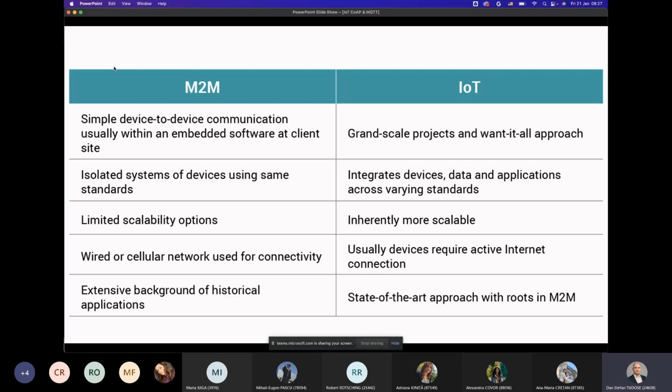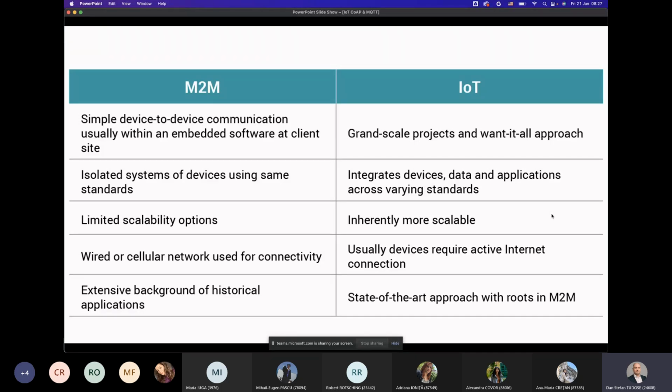In terms of standards, of course, M2M has some isolated standards and isolated devices or systems that don't usually work together to achieve a greater purpose. You usually have a very focused approach of automating only one tiny part of your system. With the IoT paradigm, you integrate these devices together.